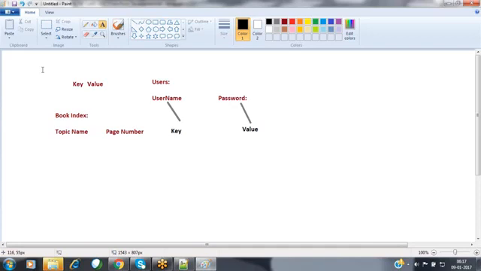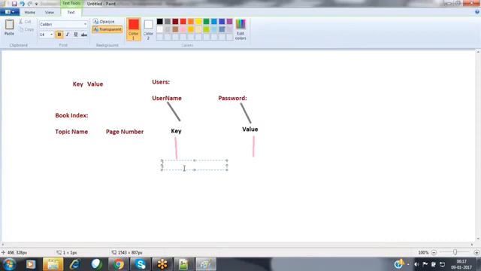Now, in this kind of scenario, can I pass the same key for multiple elements? No. The key should always be unique. We cannot provide the same key for multiple elements. For each and every element, we have to supply a different key. Nothing but the key should be unique. The value may be unique, and the value may be duplicate also. It may be unique or it may be duplicate, a repeated value, whatever.